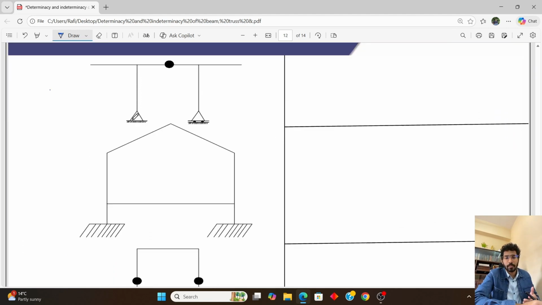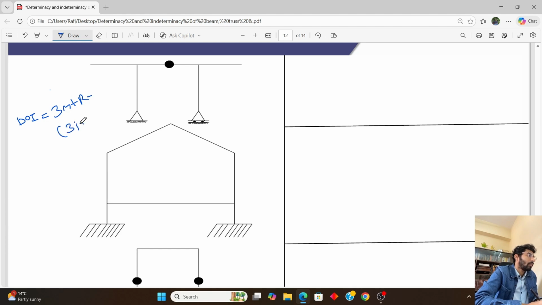So we need to remember a formula whenever we are trying to find the indeterminacy of the frames. The formula is degree of indeterminacy equals 3m plus r minus 3j plus e. We all know what m, r, and j are: the number of bars, the number of unknown reactions, and the number of joints. And e is